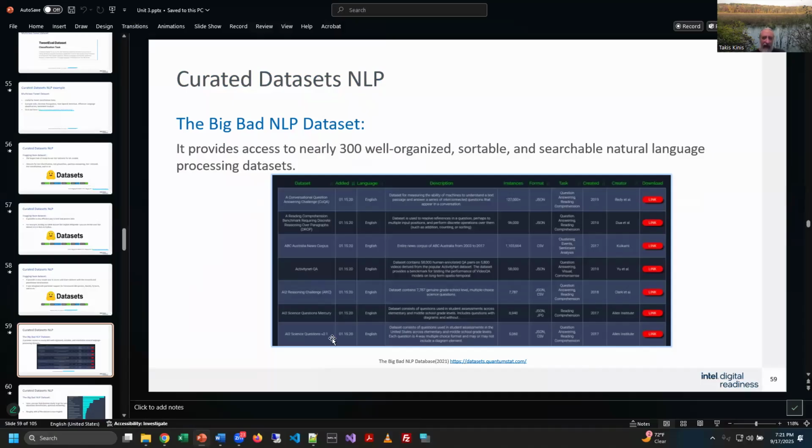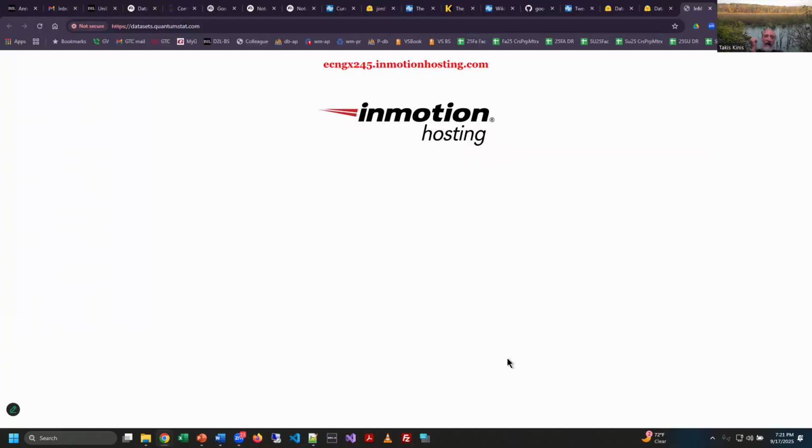We were looking at this other data set. This is one of those that I tried linking to, and let me try this again. But I was getting this, and then I tried to look it up, the big bad data set. I've never been on this site before, but right now this is a hosting error. This means the website they're putting it on, somebody forgot to pay the bill, or it got moved, or the web address changed.